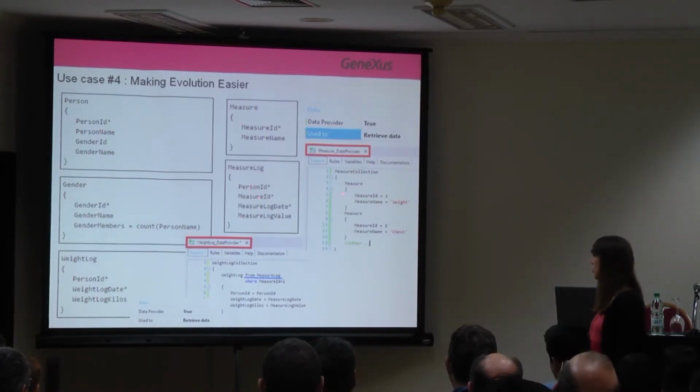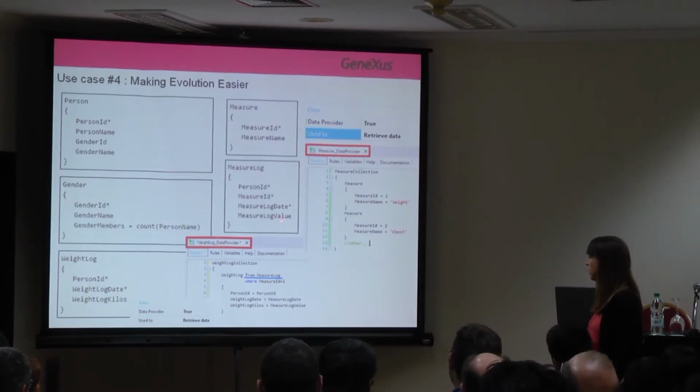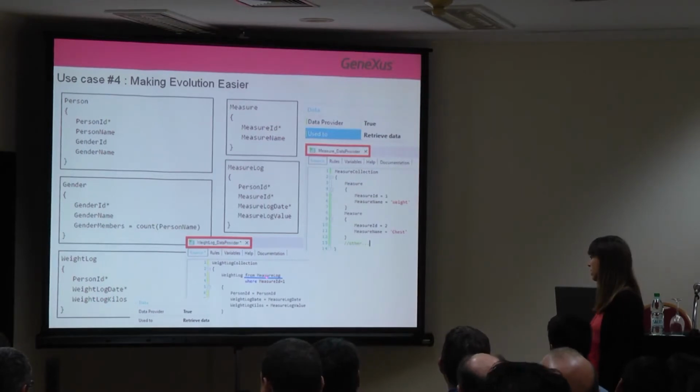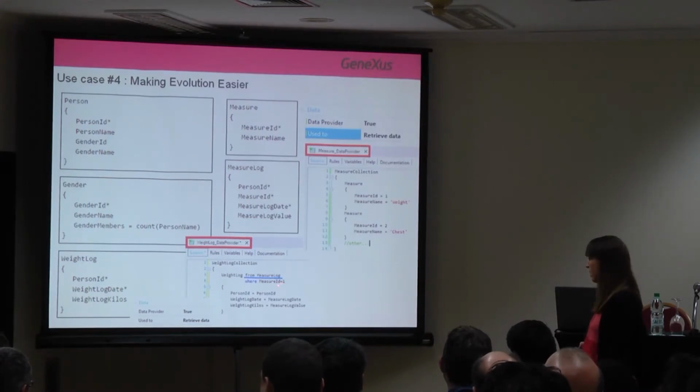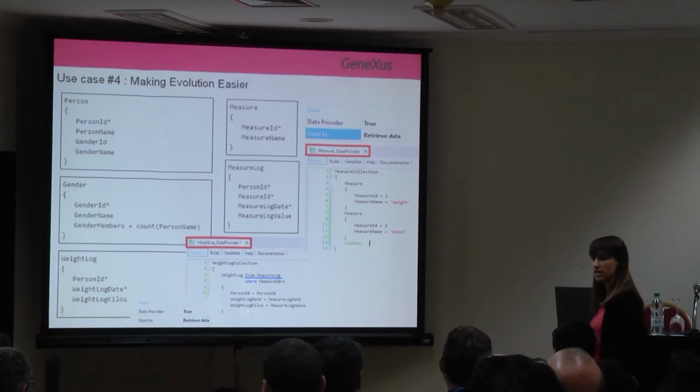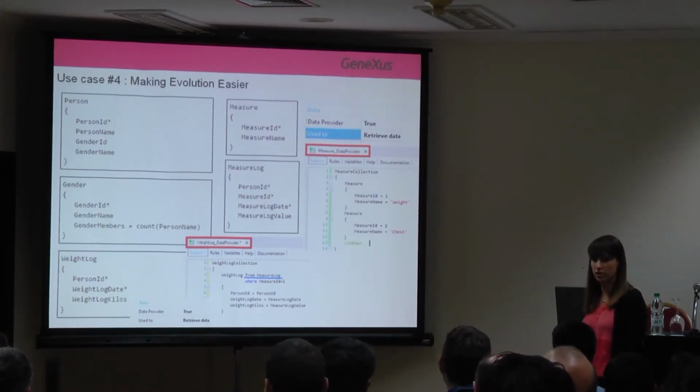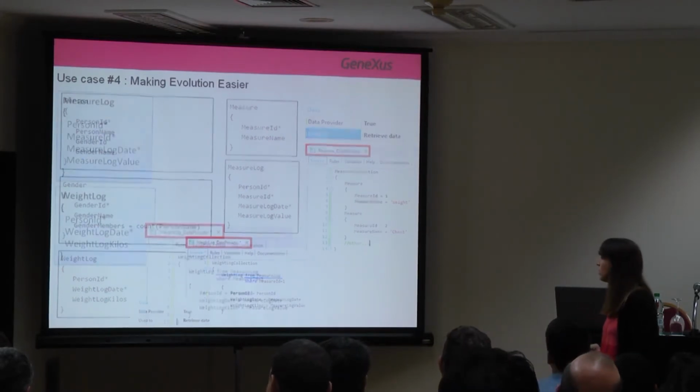Assigning the person, the date, here putting 1 because 1 is the weights, and here uploading the kilos as values. Once I have loaded it, I mark it as dynamic. And what's the way of recovering the information so that everything continues to be valid? I say that I want to recover by browsing measure load, provided the measure is weight, and I assign the person, the date, and the value as kilos. So everything is still valid, and I have evolved quickly.